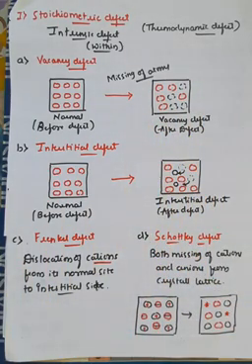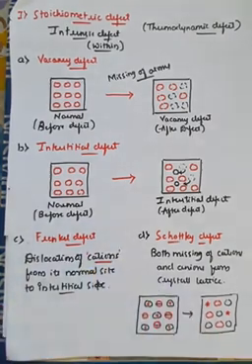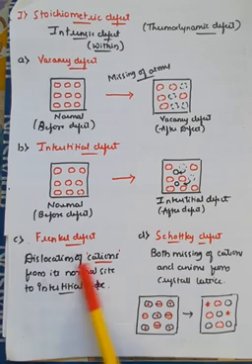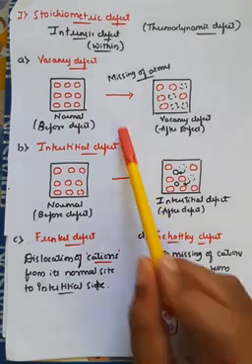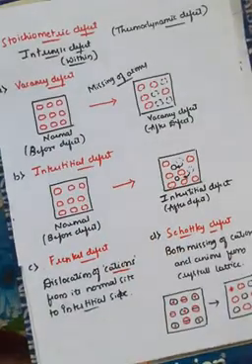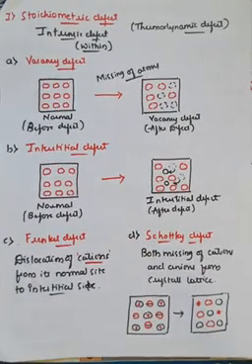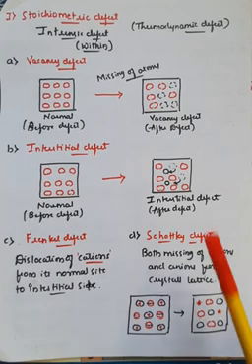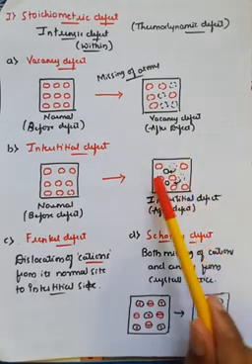Similarly, along with vacancy defect and interstitial defect, we also saw two other types of defect, that is Frenkel defect and Schottky defect. In Frenkel defect, there is a dislocation of cations. This word is very important. Only the dislocation of cations can be seen in Frenkel defect, from the normal site to the interstitial site, which means Frenkel defect is also a type of interstitial defect. There is no missing of any element or atom, just a dislocation from its original position to the interstitial site.